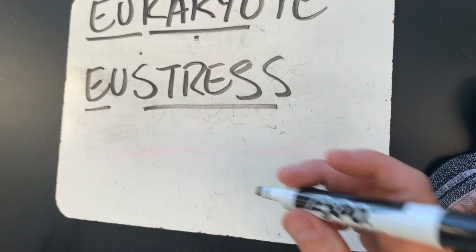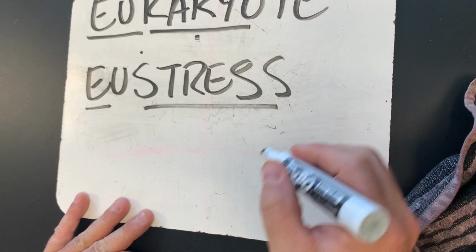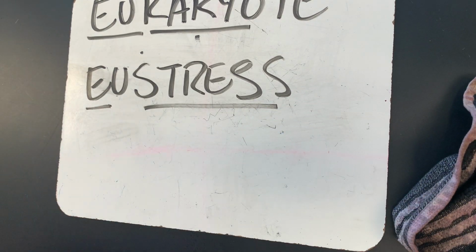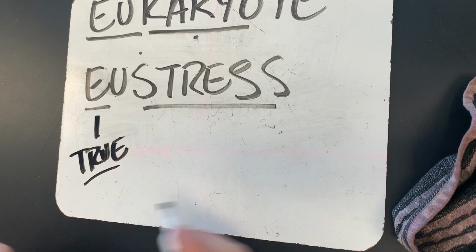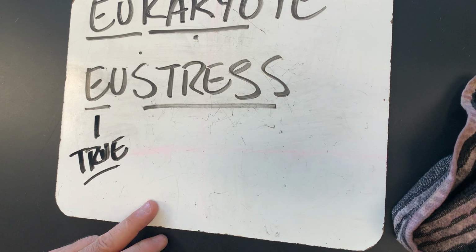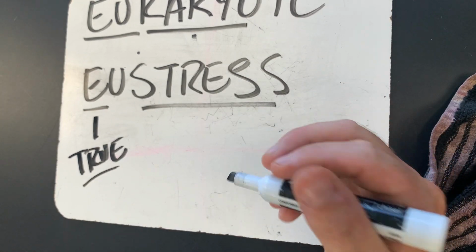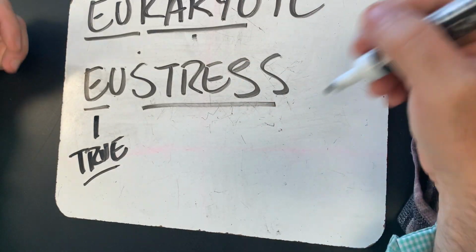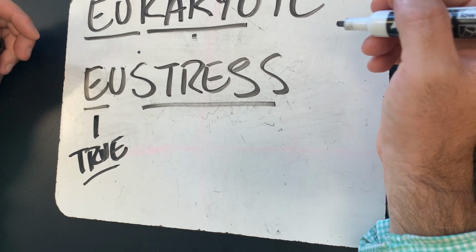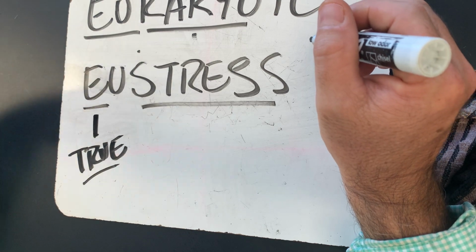Stress is something that motivates you to do something, right? You have the stress of having to take out the trash or make dinner. You've got to get that done. So in this case, this is true stress, and eustress is good stress. It's good because think about if you didn't have stress to get up and go to school in the morning, you wouldn't. And if you didn't go to school, you wouldn't move forward in your life. If you didn't have enough stress from your coach trying to get you to perfect a certain play, maybe you need to run an inside route in football, if you didn't have the stress of wanting to do well, you would never do it.